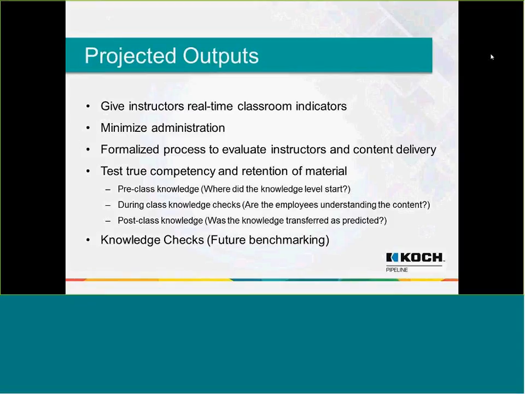And then future benchmarking. With all of this integration and with all of this data we're now able to pull, we can go back and look. Is it the content that we need to look at, or is our content good? Is the delivery accurate? Do we have the right facilitators? And one of the big things that we noticed from this that we honestly didn't think about before was location and cultural differences that need to be considered.